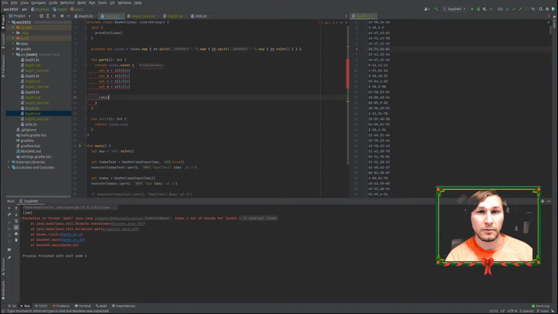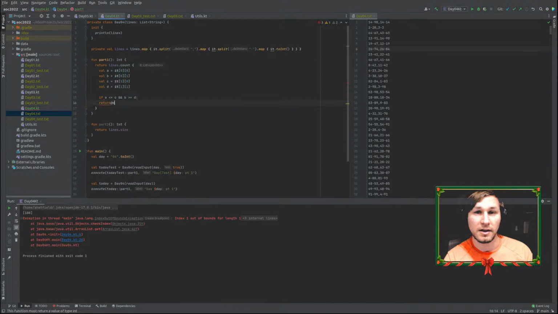And then what we're going to do is return true if, oh gosh, okay. I'm going to say if A is greater than C and B is less than or equal to C, and B is greater than or equal to D,